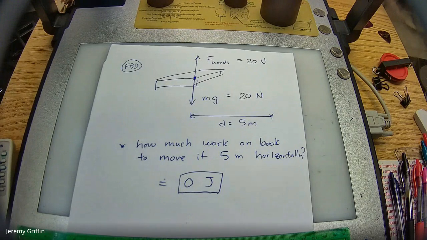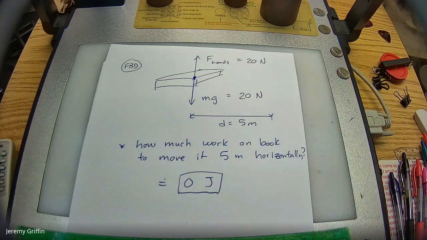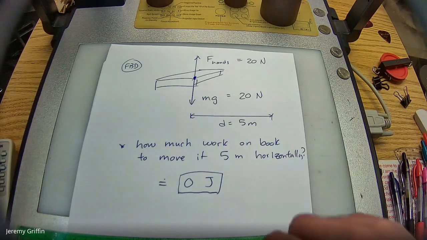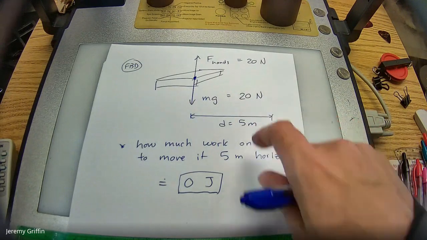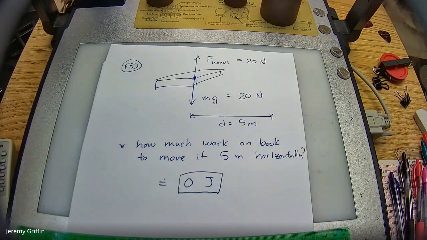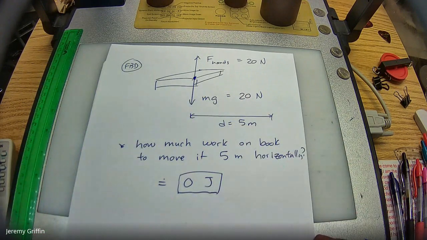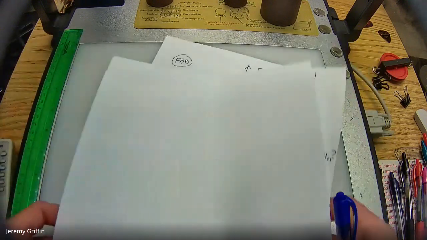Also, this is consistent with what you remember: this could be a free body diagram for an air hockey puck. An air hockey puck might be in motion, and that would still be it, maybe moving horizontally. You don't need a horizontal force to get it to move 5 meters, if it's already in motion. Maybe there was some initial force to get it to start moving in the first place, but once it's in motion, right? Or how about the Voyager spacecraft? Aren't there 0 forces at all on the Voyager spacecraft? You guys know that too. So to move it some distance, you don't actually need any energy as long as there's no force in that direction. So that's okay.